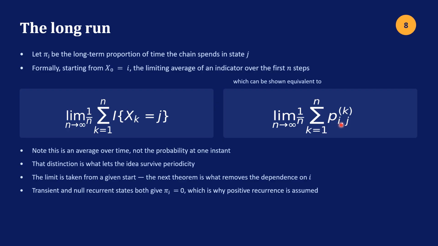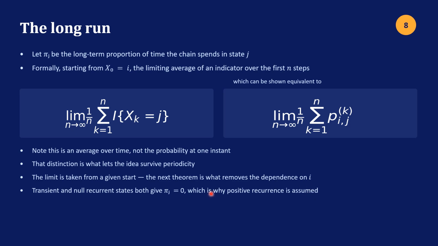This is equivalent to this here, and we know how to compute these probabilities. That's the probability of going from i to j in k steps. We sum that from k equals 1 to n. Presumably there's an n in that formula. We divide by n and take the limit as n goes to infinity, and that'll give us the proportion of time that the Markov chain is in state j. It turns out that this is not dependent on i, and we'll see that on the next slide. Transient and null recurrent states both have 0. As you might suspect, you don't spend any time at all in those states,